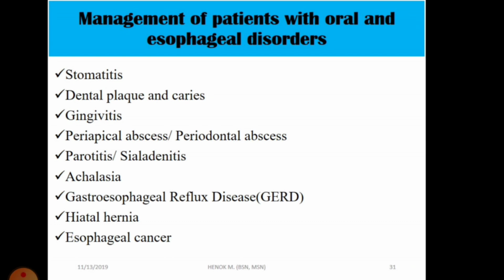In today's class, I will discuss the management of patients with oral and esophageal disorders. These are stomatitis, dental plaque and caries, gingivitis, periapical abscesses, periodontal abscesses, parotitis, sialadenitis, achalasia, hiatal hernia, esophageal